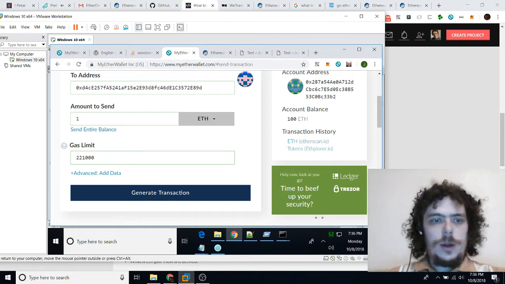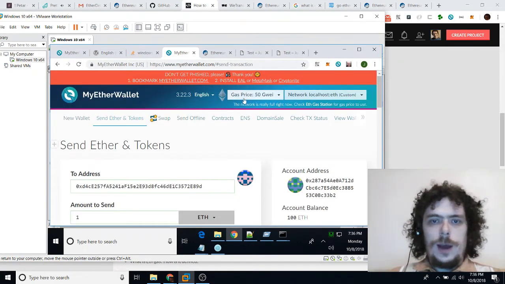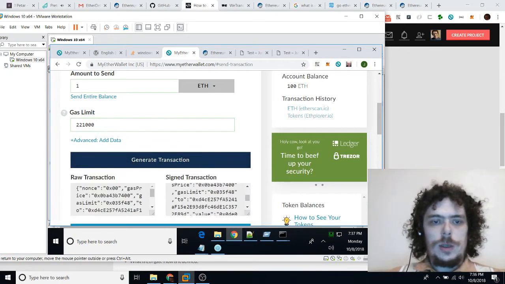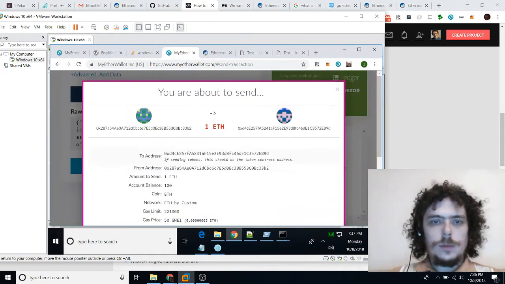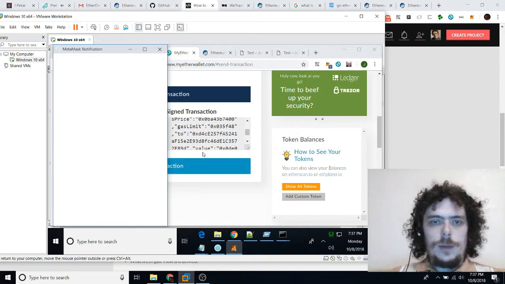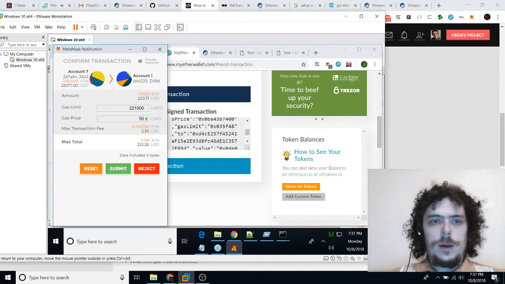But if we set a higher amount, but not too high, we'll be able to send it much faster. So the equation is the gas price times the gas limit is how much gas could be spent if it uses all of it. So if I generate this transaction and send it, using my Ether wallet connected to MetaMask, we're going to hit two birds with one stone here, because it's going to confirm how much I want to spend, which is 50 gwei in this many units of gas limit.